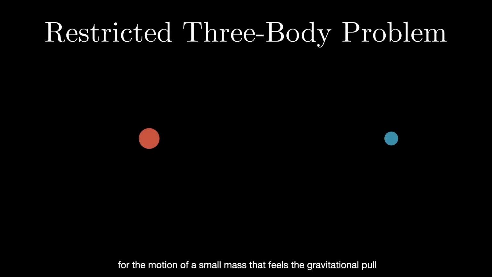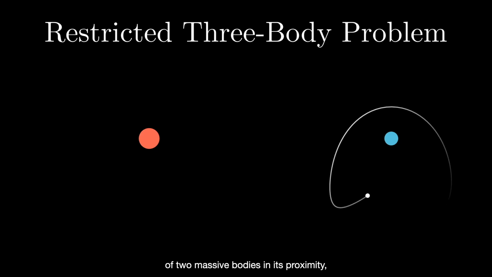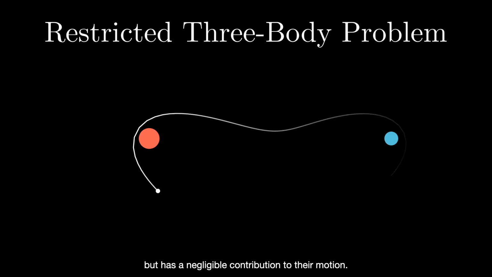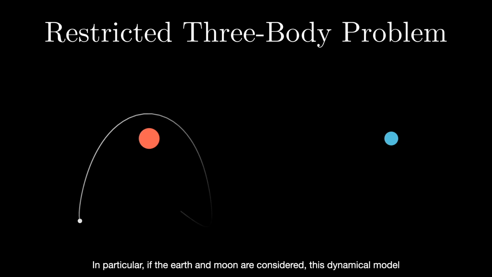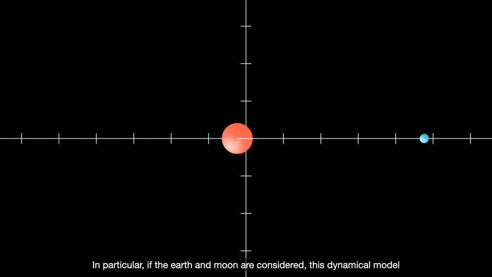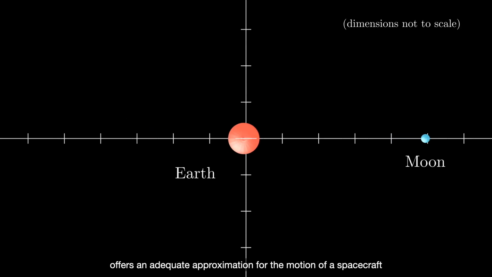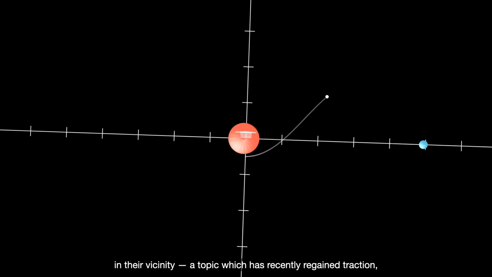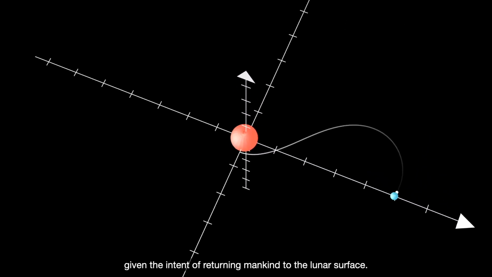The restricted three-body problem provides a dynamical model for the motion of a small mass that feels the gravitational pull of two massive bodies in its proximity, but has a negligible contribution to their motion. In particular, if the Earth and Moon are considered, this dynamical model offers an adequate approximation for the motion of a spacecraft in their vicinity, a topic which has recently regained traction given the intent of returning mankind to the